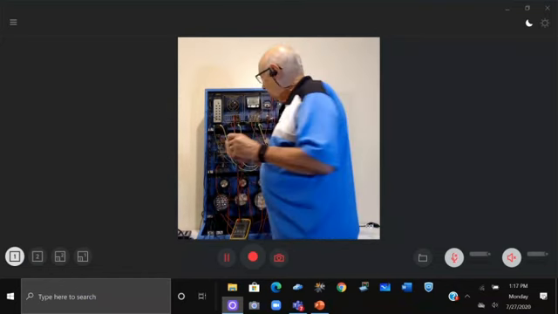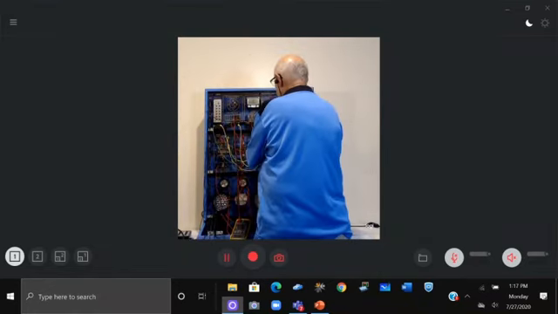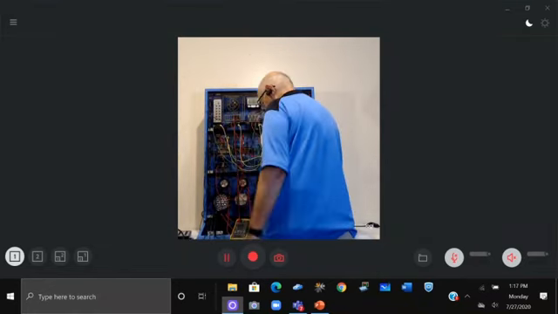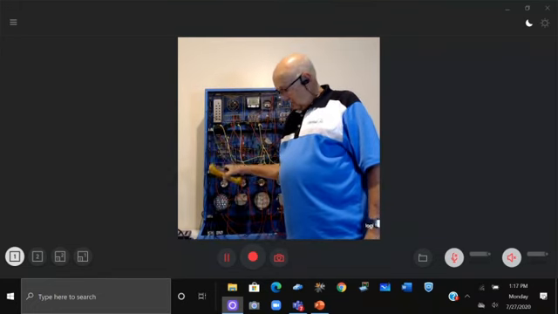I'm going to take a jumper wire and jumper the CAN bus. In fact, I'll jumper the CAN bus here at the junction block. Okay. 0 ohms. Now, if you think about this,